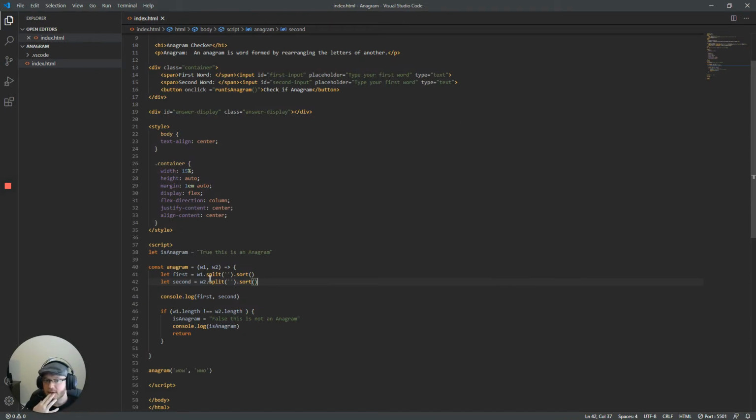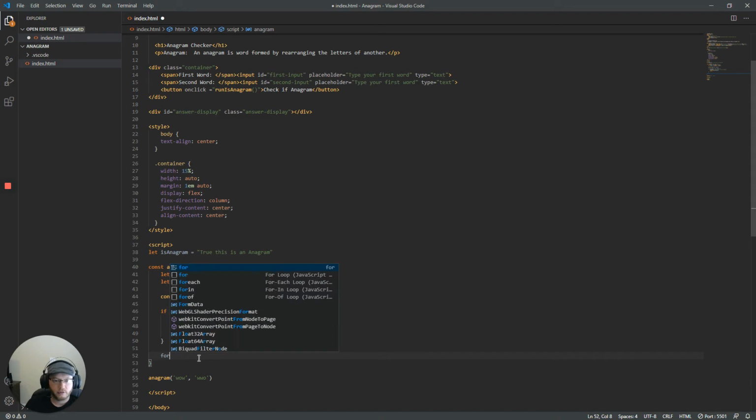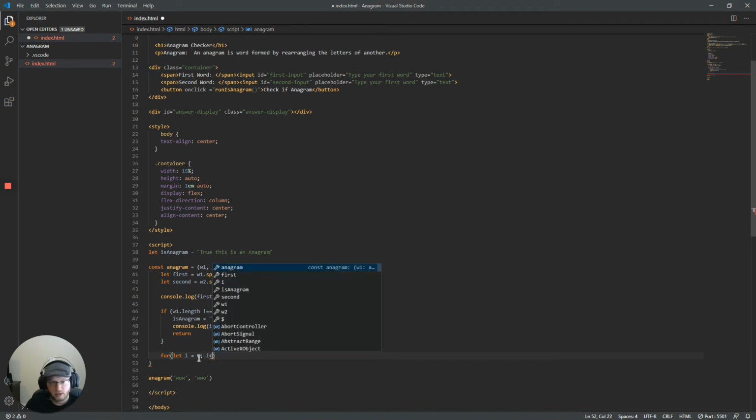And let's see. Okay, so basically now we are taking in these two arguments here as W1, W2. We're now going to split these and sort them so that we have arrays we can iterate over using a for loop. So now we'll go ahead and make that for loop here. So for this, we're just going to do for let i equal 0, and then the course semicolon,